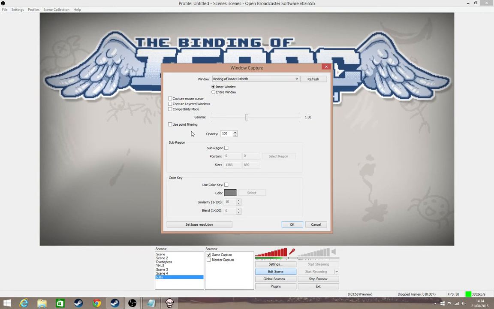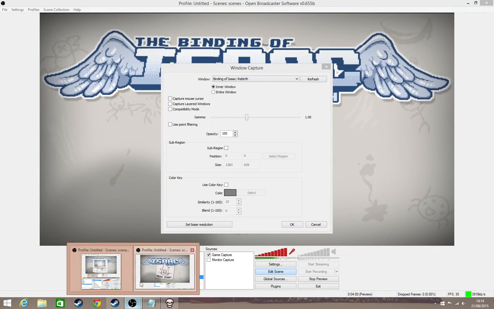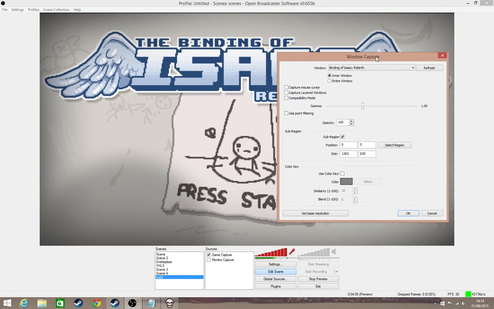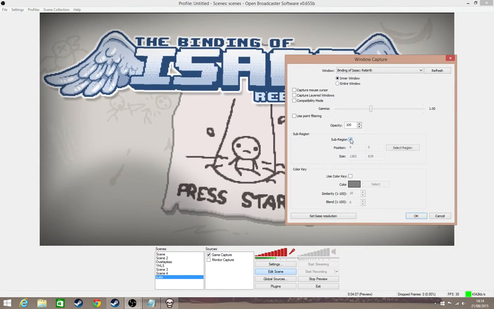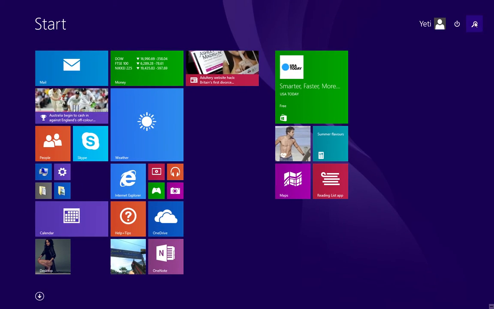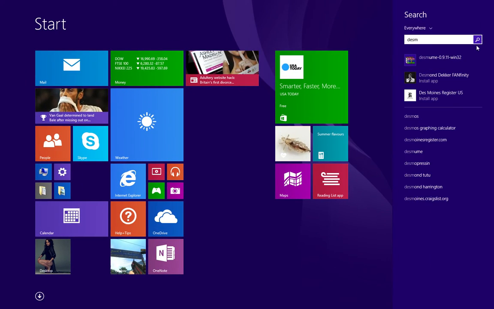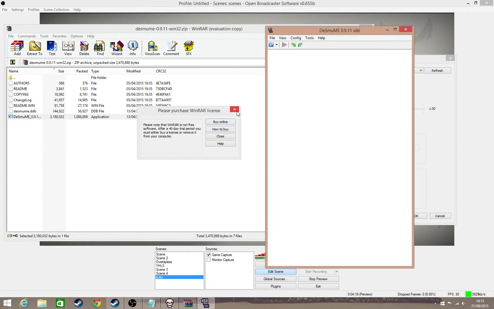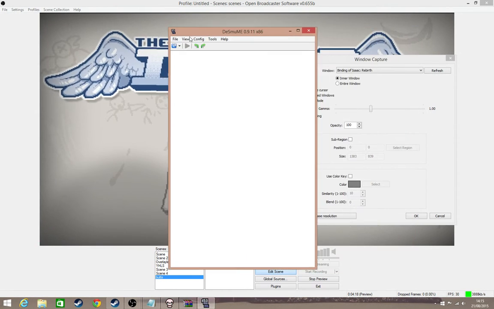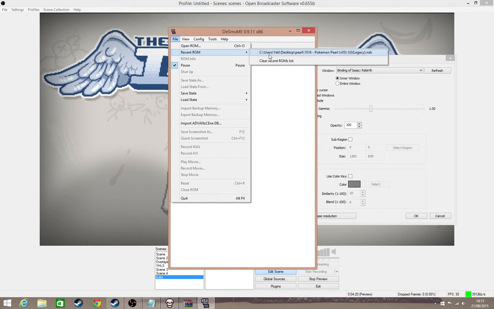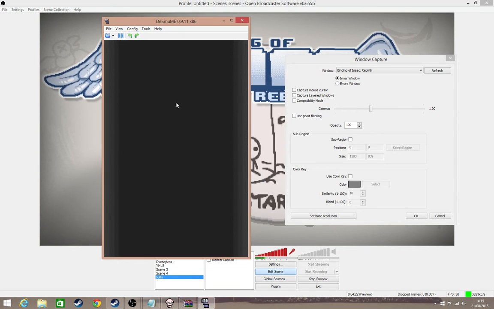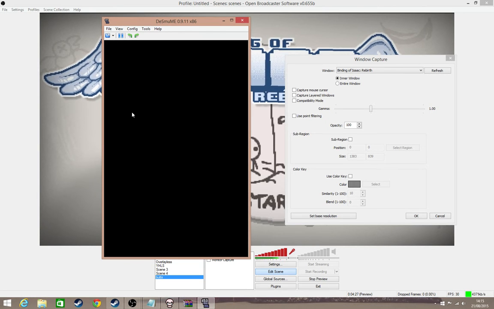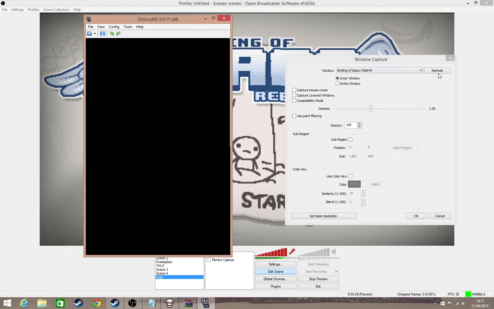Another neat thing you can do, which I don't think I'll be able to easily demonstrate within this video, I should have set up beforehand. Actually, let me show you subregions first. So subregions basically record a certain section of the screen. What I can actually do for an example here is open up DeSmuME, which is a DS emulator. As you can see, you've got the top screen and you've got the bottom screen. Now, if you want to have these screens separate instead of just having it like this, because if you go window capture,